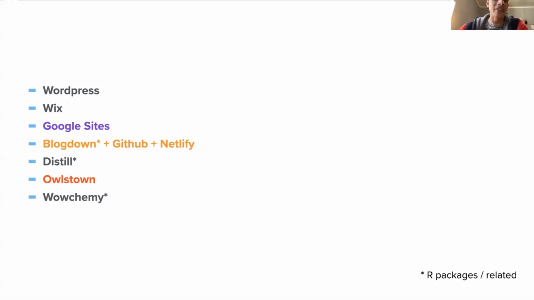Wix is a very flexible program. You can do a lot of things, really stunning websites, but it's expensive. So depending on what you want, if you want to go for Wix, for sure go ahead. But it's also expensive, and perhaps for a personal website you do not need that much complexity. Google Sites is a great option for beginners.